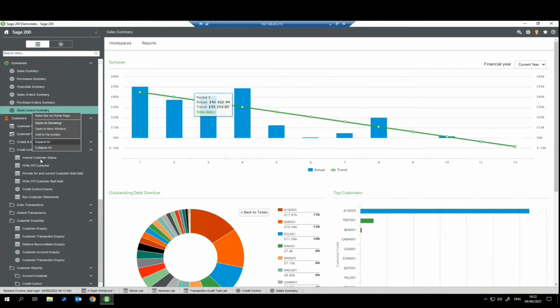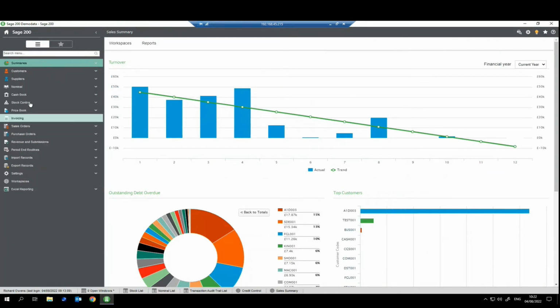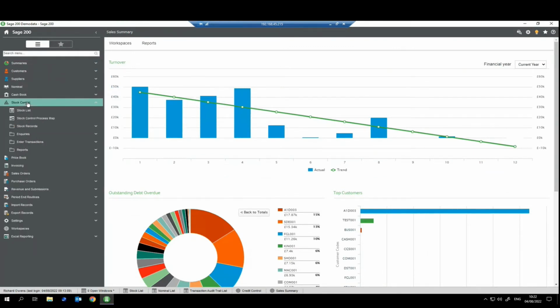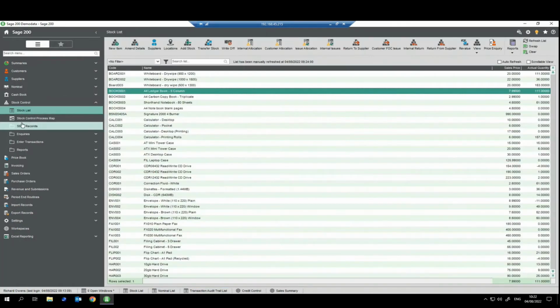I want to veer over to stock control, a bit more to the commercial sections now. Sage 200 does what it does incredibly well with its financials, and all of the stock and order processing modules are all held within Sage 200. So with Sage 200 Standard, we get these commercial modules when we purchase or subscribe to Sage 200. Whereas with Sage 200 Professional, we can actually just subscribe to financials